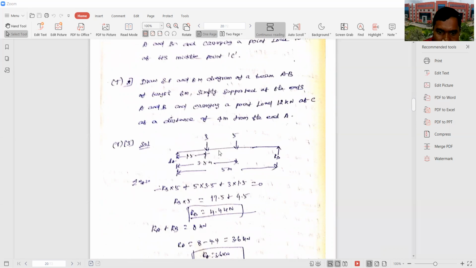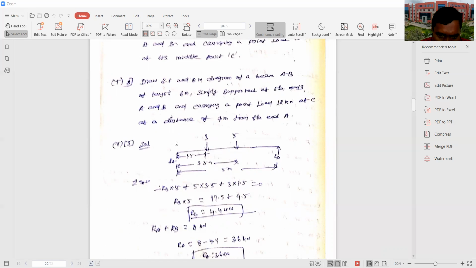So you have to calculate the shear force and bending moment value such that you can draw the shear force and bending moment diagram. Here, first you need to find out the reaction. For that, you have to take the section moment at A is equal to 0. From that, we can calculate the RB value. Then sum of the upward force RA plus RB is equal to sum of the downward force 3 plus 5. So from that, we can calculate the RA value. So you have to find out the reaction first.